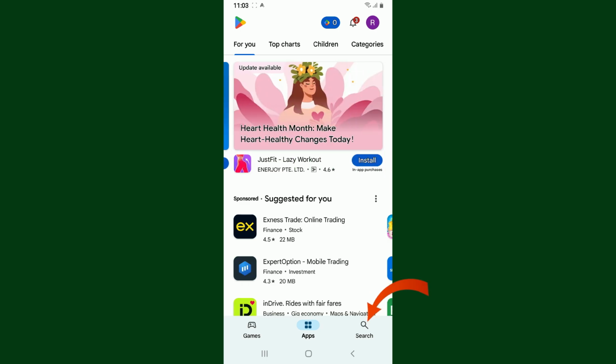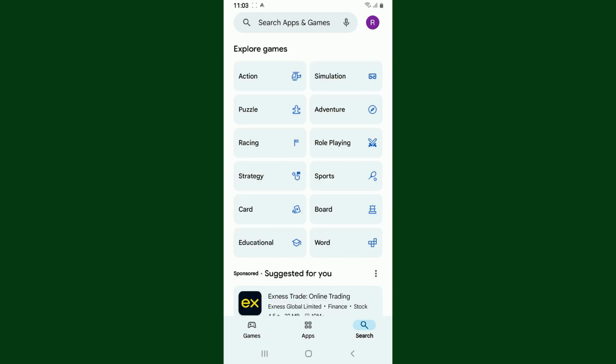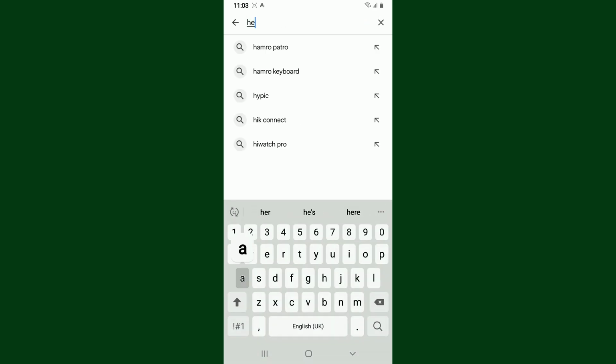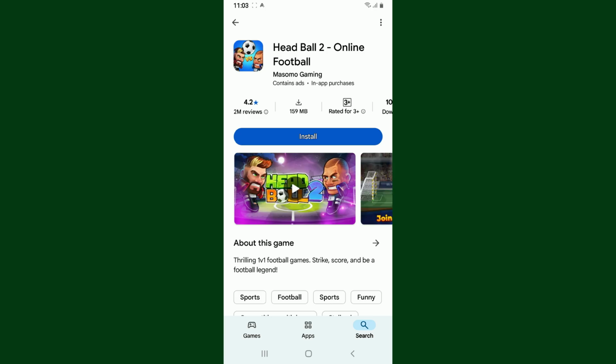Now go to the search button at the bottom right and then go to the search box at the top and type in HeadBall 2. In the search result, look for this application and then tap on the install button to begin downloading the app